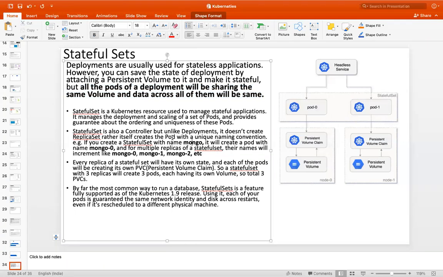But if I go for a StatefulSet, a StatefulSet is a Kubernetes resource used to manage stateful applications. So a StatefulSet also will manage the pods.